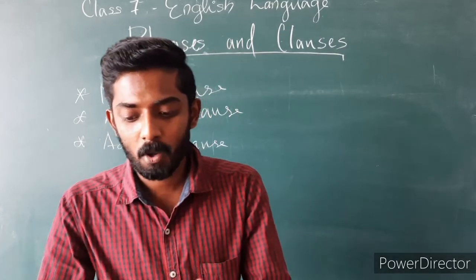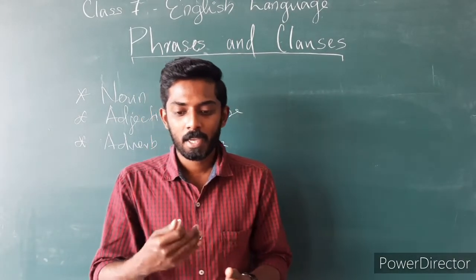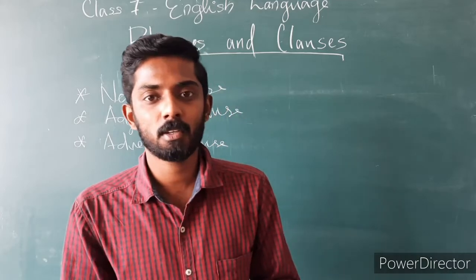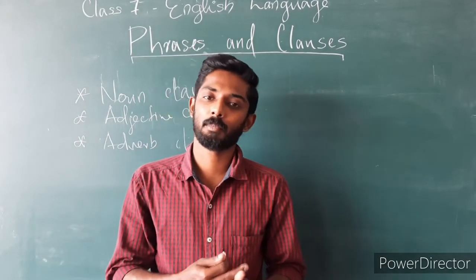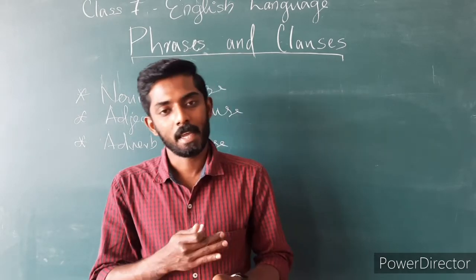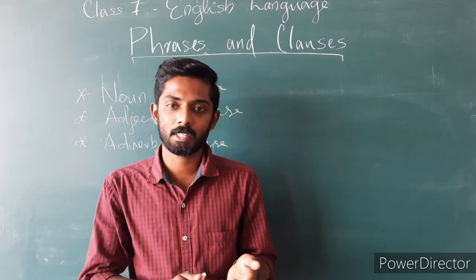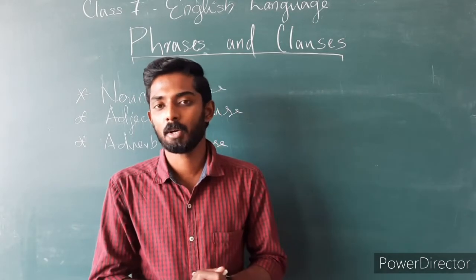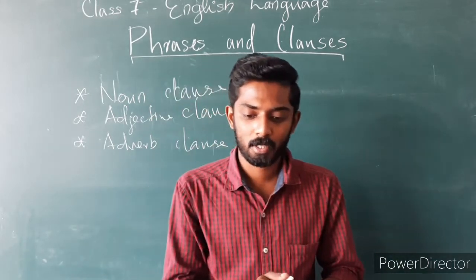So "because the policeman was around" is the adverb clause, because it answers the question why, where, how often, how many, and so on. If the sentence answers these questions, it will be an adverb clause. So that is with regard to adverb clause. And the next one is